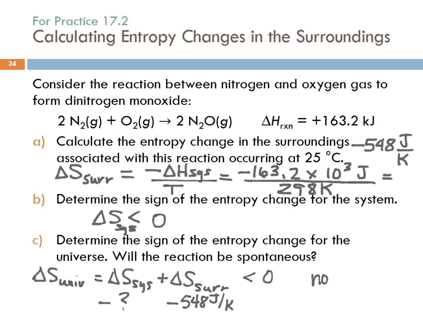Any questions? It's only spontaneous if the change in entropy for the universe is positive. And what we've talked about today are some controlled situations where we can calculate some things. If you let the temperature and the pressure change, then you've got a big mess of trying to figure something out.